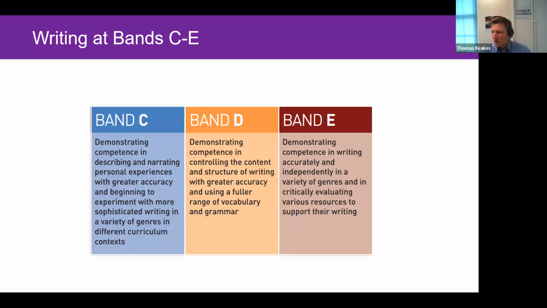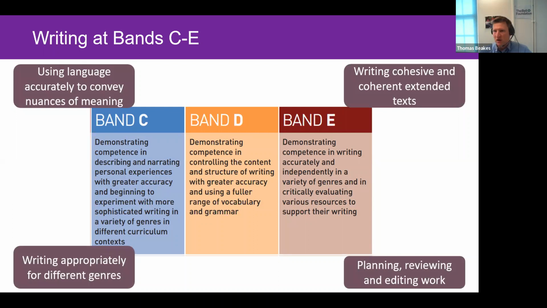All right, so again, if we look at some of the patterns that we notice with writing, they're often connected to things like writing appropriately for different genres, using language more accurately to convey nuance of meaning. Planning is a huge issue, a really important area, and writing cohesive and coherent extended text. And that's the one I want to focus on, because I think that's one that might be less familiar to you, again, if you haven't focused on